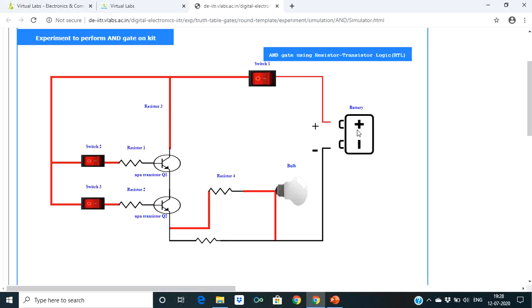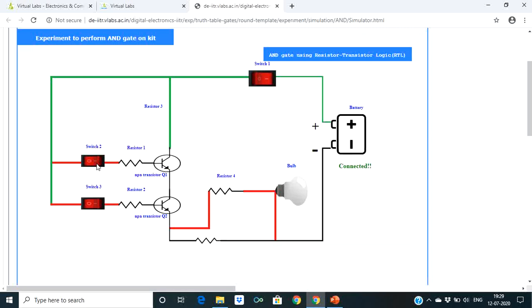First of all, we will connect the battery. To connect the battery, we have to click on the battery. The battery is connected. Now first, we have to switch on this switch. That means you are supplying VCC to particular terminals. Now, as we have kept switch 2 and switch 3 off, this VCC is not transmitting to the base of these transistors.